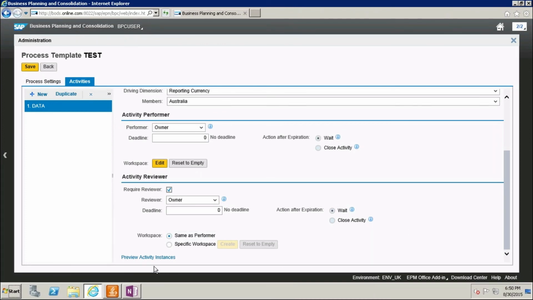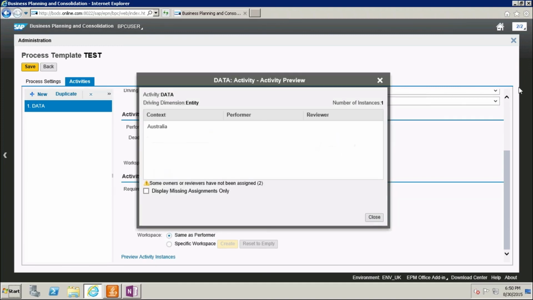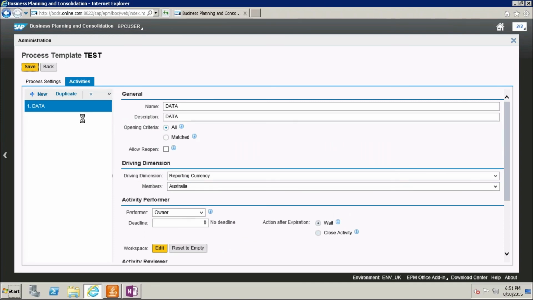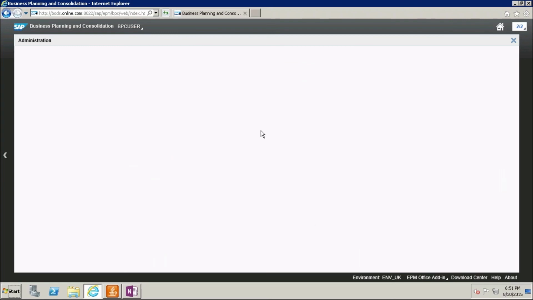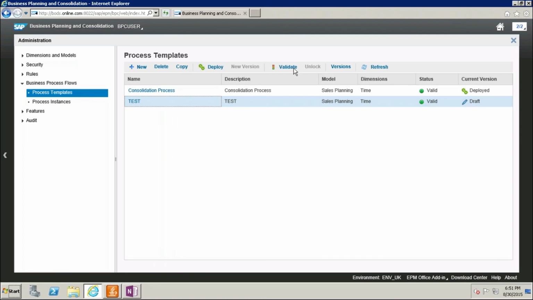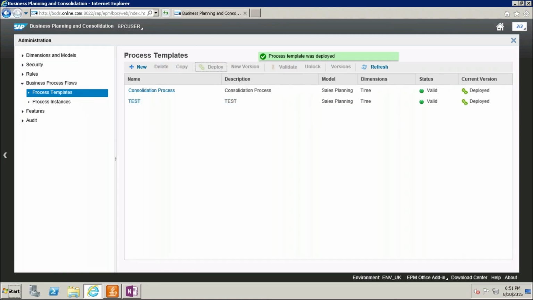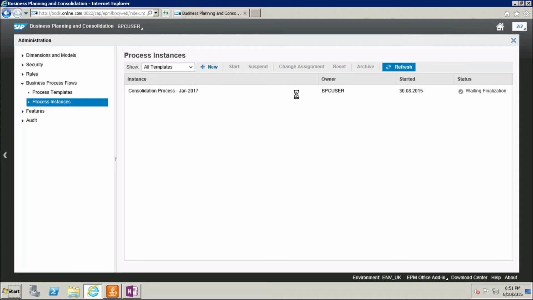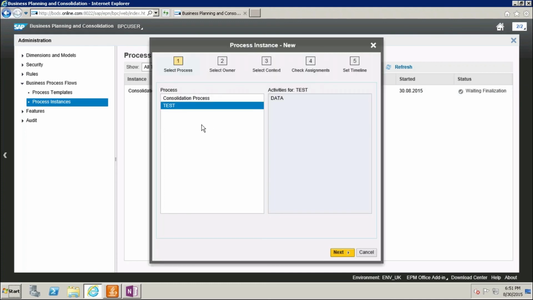And review activity instances. I'm going to create the new instance here.